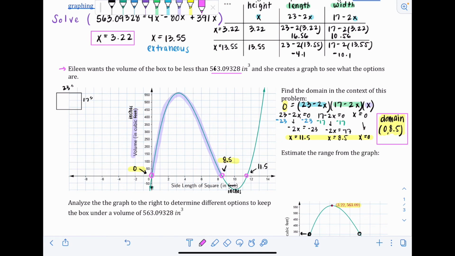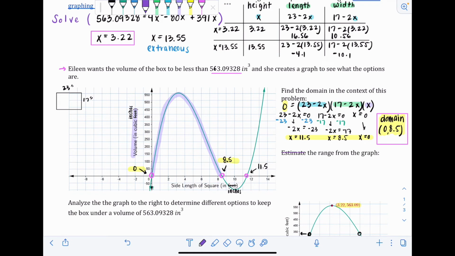And then for the range, it's kind of the same idea, but we're looking at the height of the graph. It says estimate. I don't think we really need to estimate. It might have just been a typo on my part. We can just find it. So the range is what's the possible height of the graph. So for our volume, the lower limit would be 0. It wouldn't be able to be 0 or anything below it. And then the upper limit